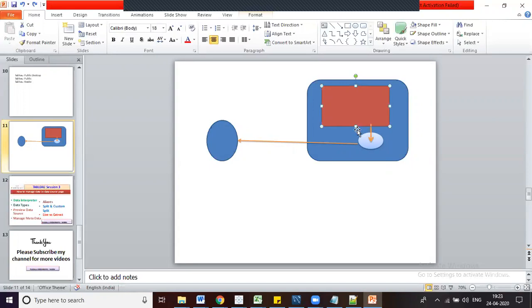Right? Now it is not directly interacting. For example, due to some network issues, you have extracted data, but this extract file is not connected with your database. Still, your work will not get impacted. Whatever data you have in your database is already available in your extract file. So you can still work, you can develop your reports by using your Tableau Desktop. Now I hope you guys got the difference between live and extract, right?